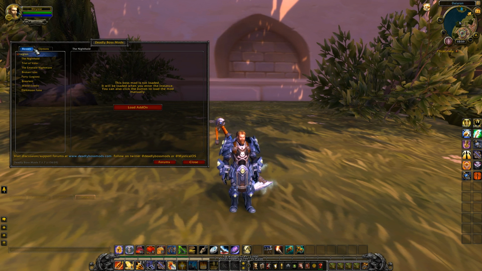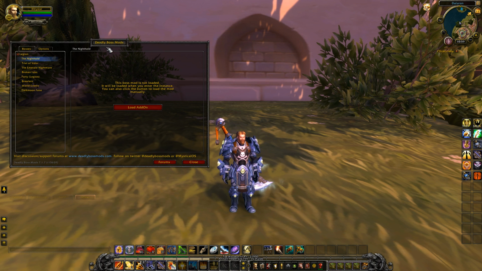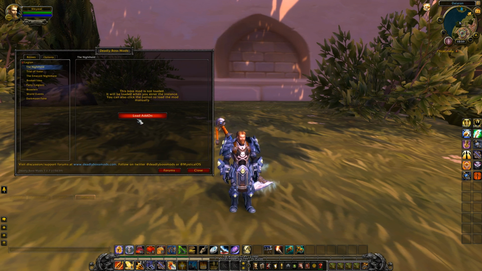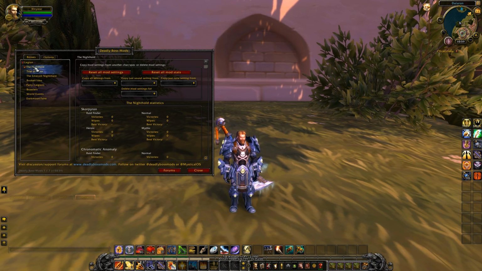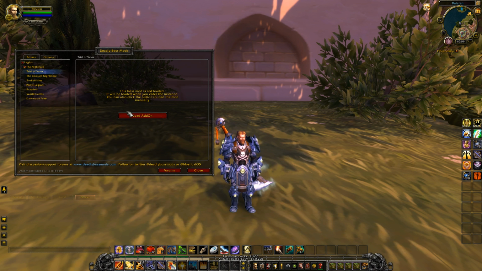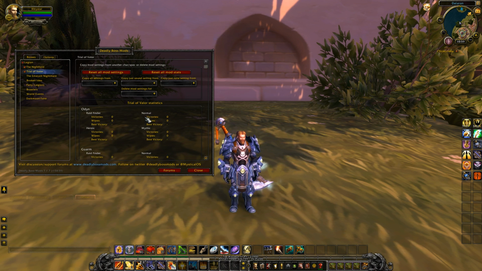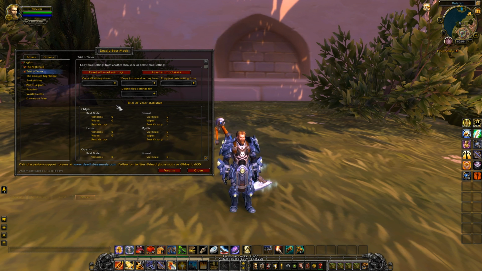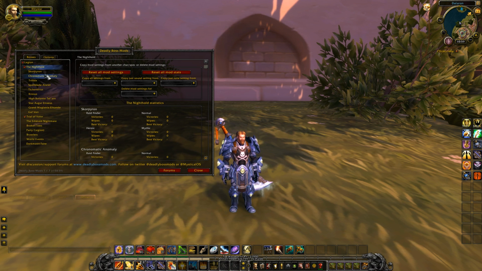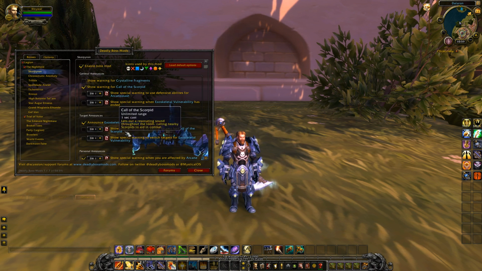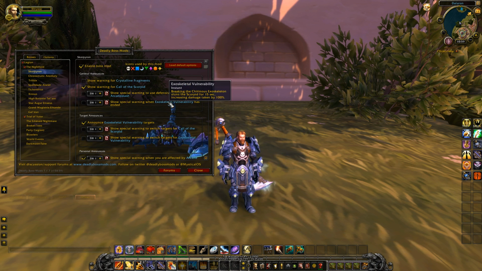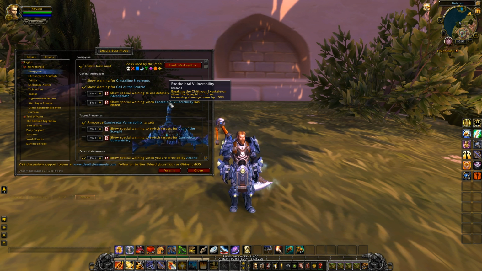So anyway, we're going to go over to the bosses tab, and this is where we'll get a little bit more in depth on Deadly Boss Mods, and then we'll also go over all the slash commands and everything. Whenever you want to load any of these add-ons, you have to click on it and then click load add-on. Whenever you walk into a dungeon or a raid, DBM will automatically load these if you walk into a specific one, so you don't have to do it manually. Anyway, we'll go into the Nighthold here, and we'll look at the first boss, who I have not seen yet, as this raid does not come out until next week, as of this video.